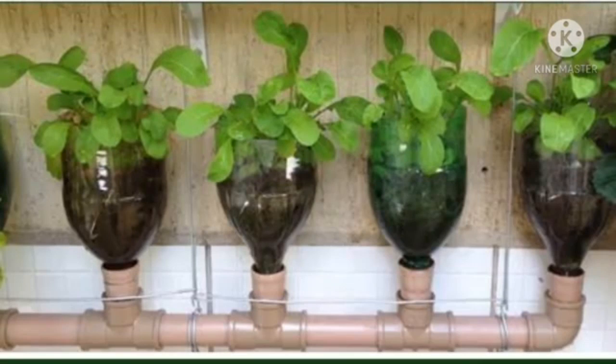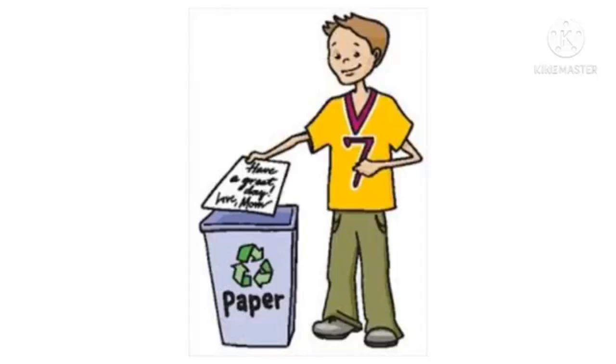And the third one is recycle, which means we should recycle the things which are waste. For example, waste paper can be recycled using paper mills. Also, waste paper is used to prepare greeting cards and to wrap up books. Some plastics can be recycled and used to make things like flower pots, tubs, and furniture.